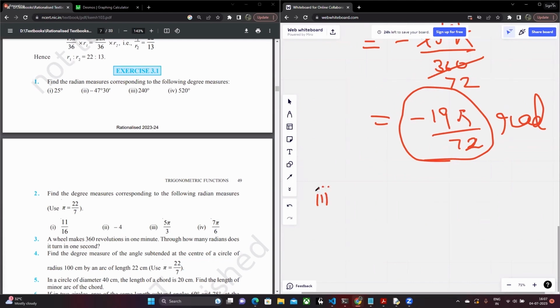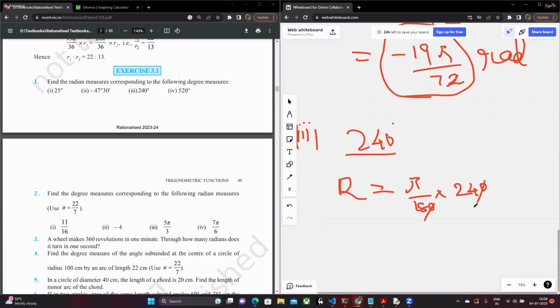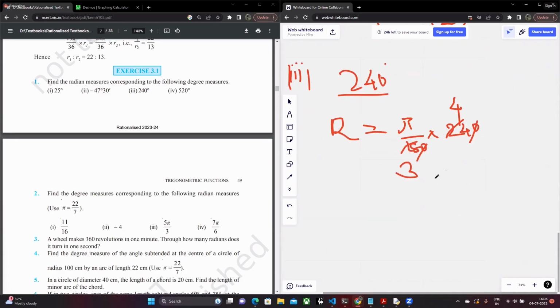Subpart number 3, fairly straightforward. This is going to be 240 degrees, all right? So you don't have any minutes or any other things confusing. Fairly straightforward. Plug it in the formula. R is equal to pi by 180 times 240, right? 0, 0 cancels out. Both are divisible by 6. So I'll get a 3 over here. I'll get a 4 over here. So this is basically 4 pi by 3 radians,